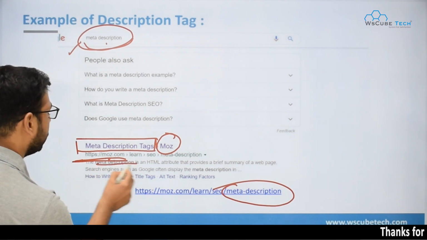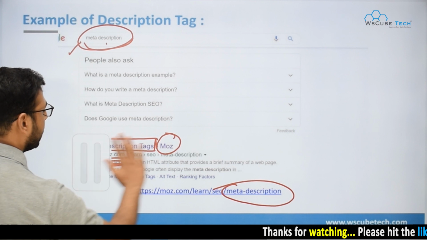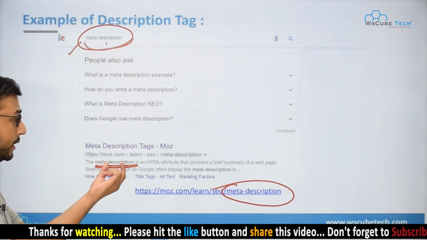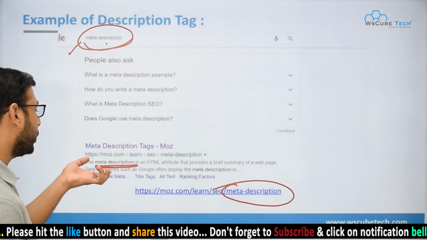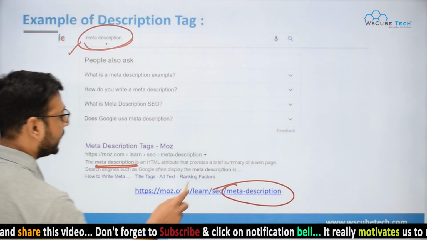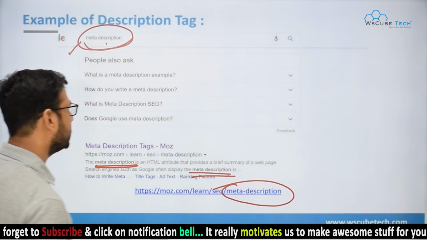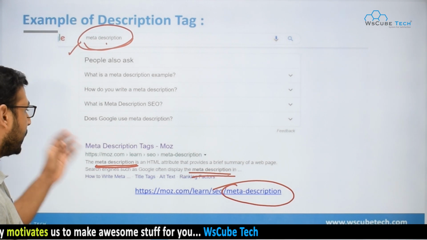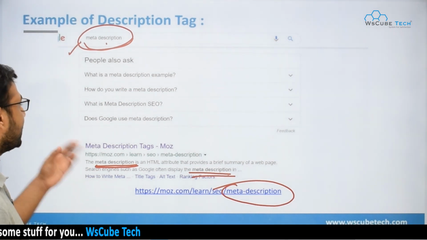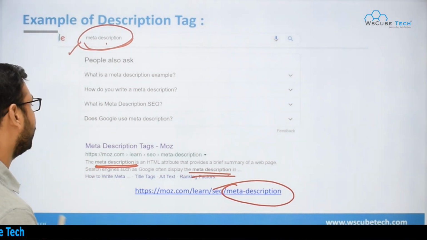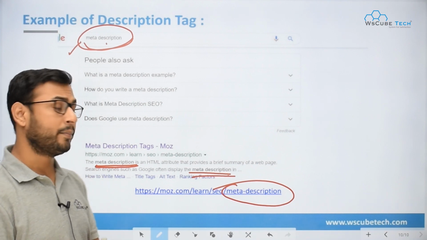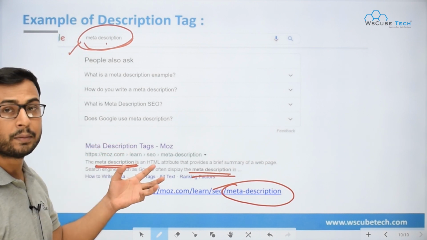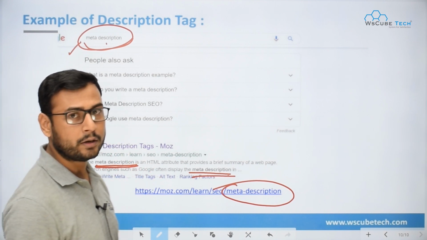The meta description, you can see, okay, let me remove this so that it becomes more clear to you. Meta description is present at the very start of the description also over here. So they are using meta description 2 times in their description, right? But the important thing is that the elements and concepts that we have discussed are important from the title perspective and the description perspective. Moz is basically following them. So it is important to go for the basics.